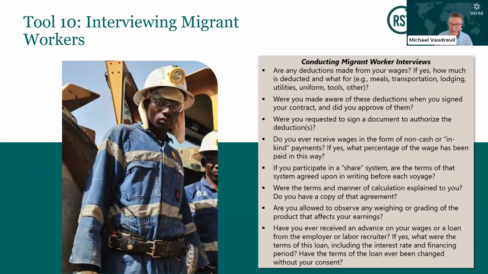It provides sample questions that cover a variety of the ILO indicators of forced labor. In fact, I believe that there are about 10 different sections in this tool. It's a rather lengthy tool. It's about 25 or 30 pages long. And for each of the questions, it provides common red flags. So what if the worker answers this way? What does that potentially indicate about the existence of forced labor issues in that operation?